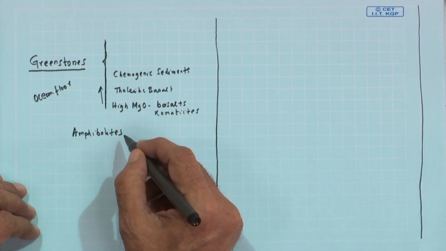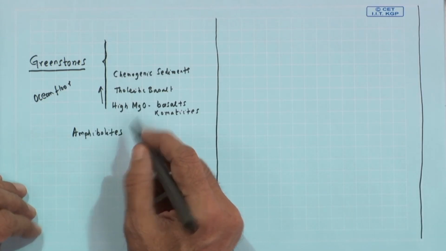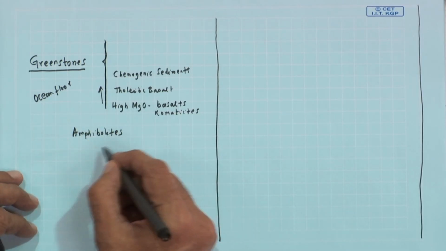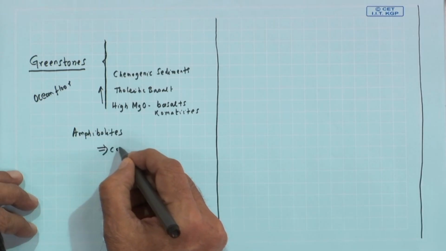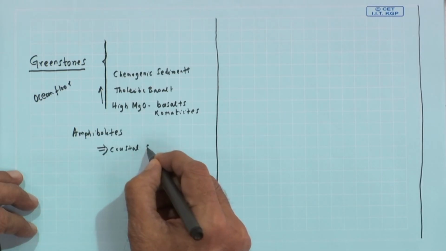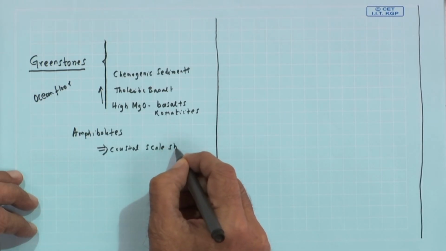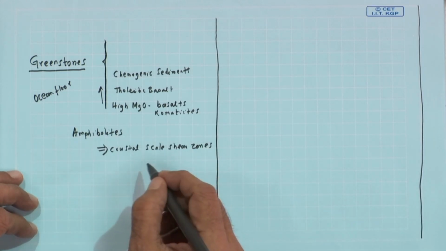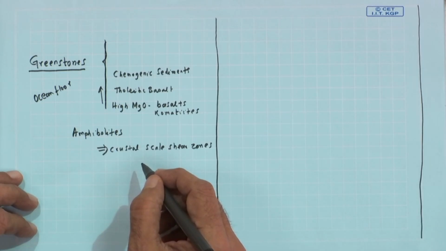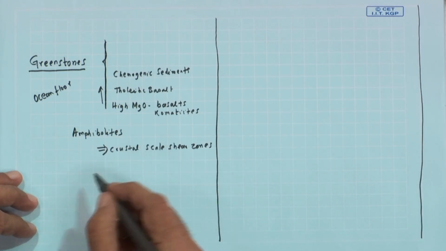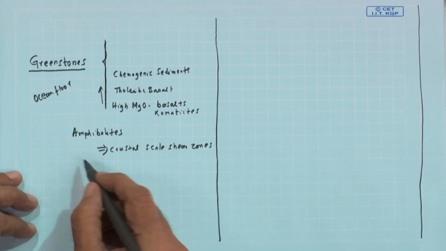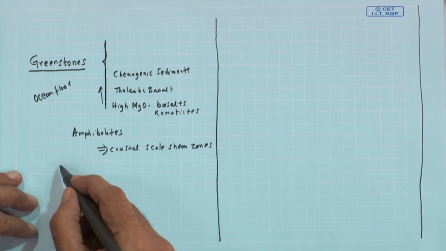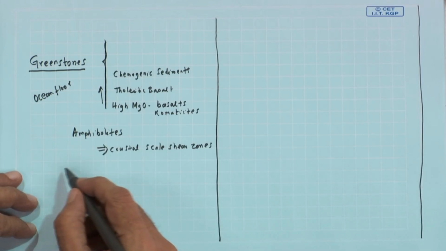And these are associated with crustal scale shear zones, which are the locales on which we see the gold bearing quartz lodes,